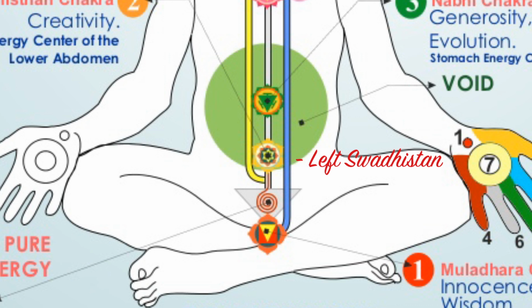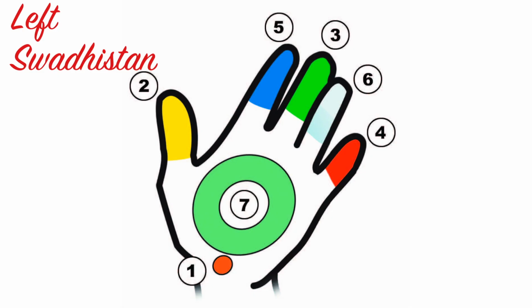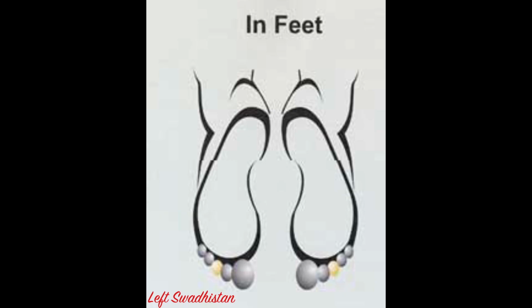Now we will see some details only about the left Swadhisthana chakra. The left Swadhisthana chakra is felt only in the left thumb. If you feel any tingling or pricking only in the left thumb, that means the left Swadhisthana chakra is having an imbalance and needs more attention and clearance. If we feel the third toe only on the left leg,